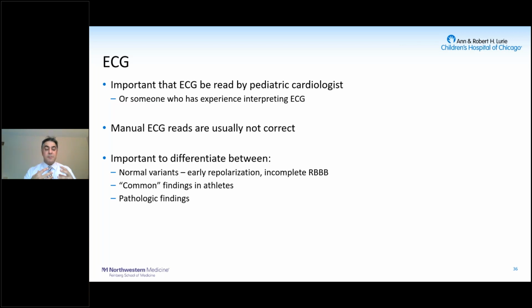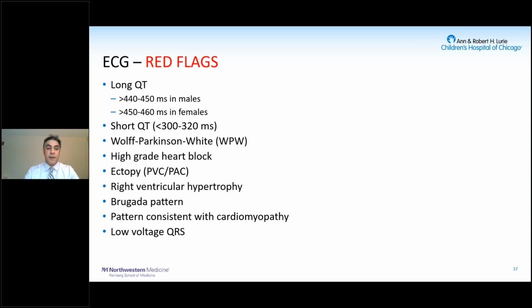Also, many athletes at high levels have conditioning or different remodeling of their heart muscle, so their ECGs might not look normal. They might show possible LVH or possible left atrial enlargement, and these might be common findings in athletes. So we want to avoid inappropriately restricting athletes who might have normal findings.